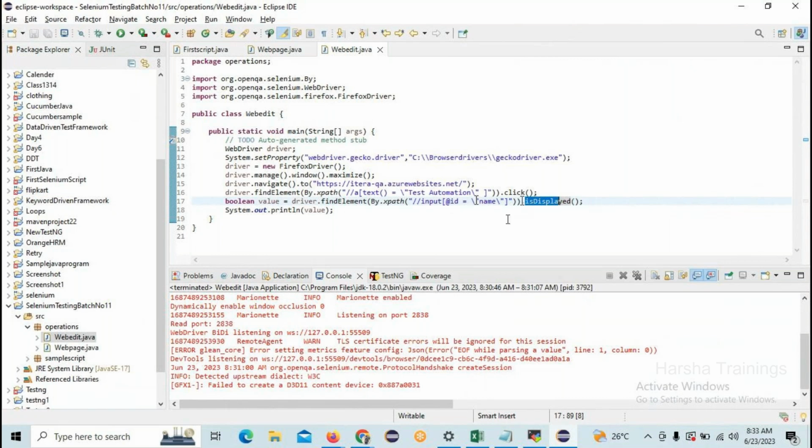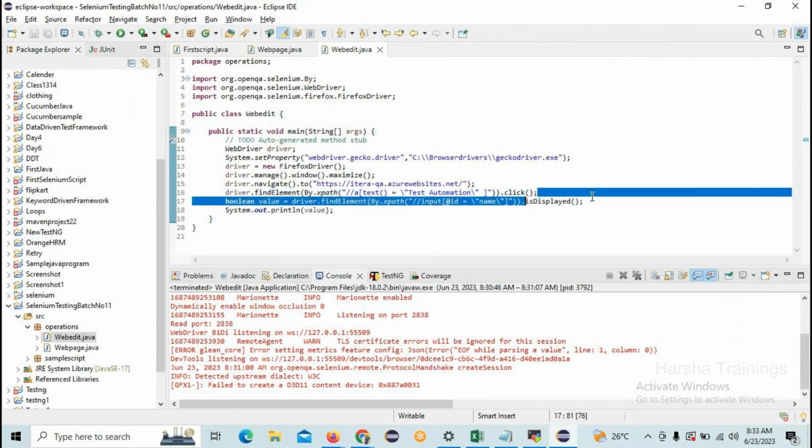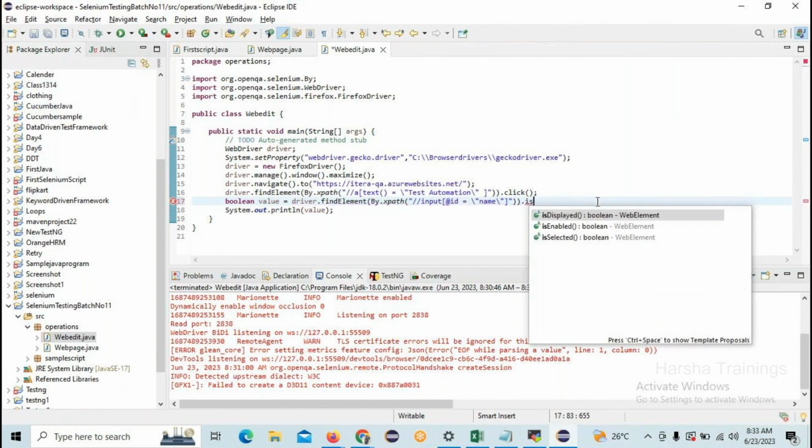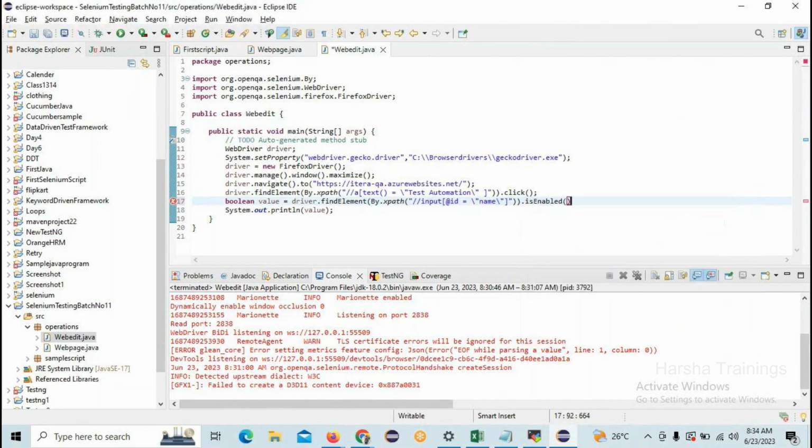We have one more function. Instead of isDisplayed, you can give isEnabled as well. isEnabled is nothing but whether that field is able to accept data. Sometimes some fields are not able to accept data, they have that functionality disabled. So is it enabled or not? We are able to give the data, right? So it is going to be printed